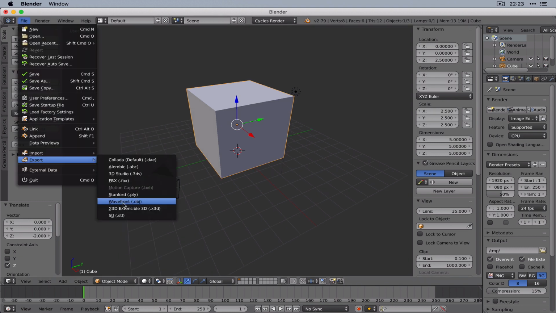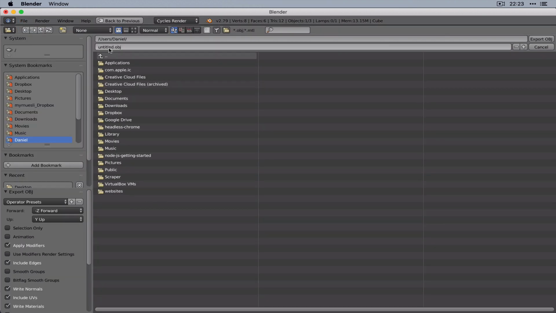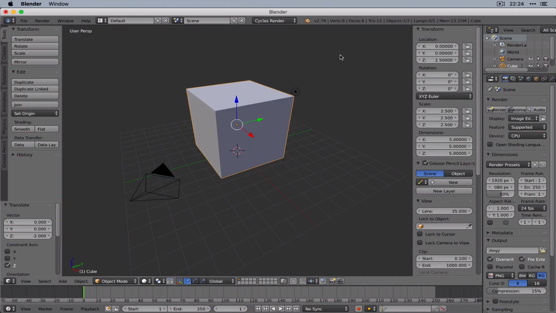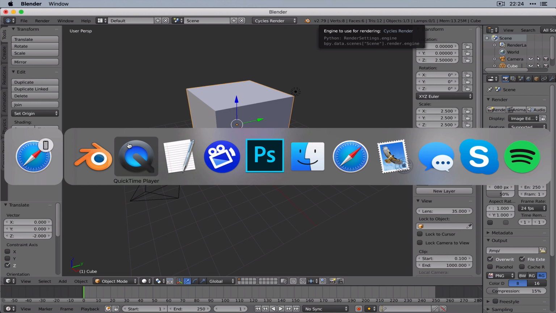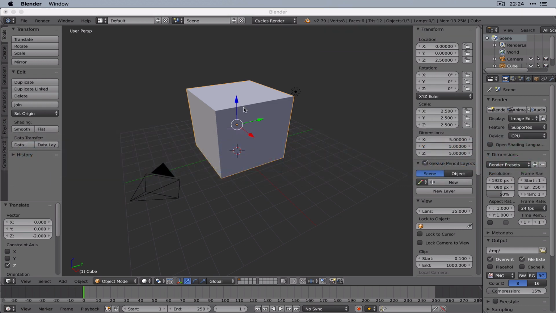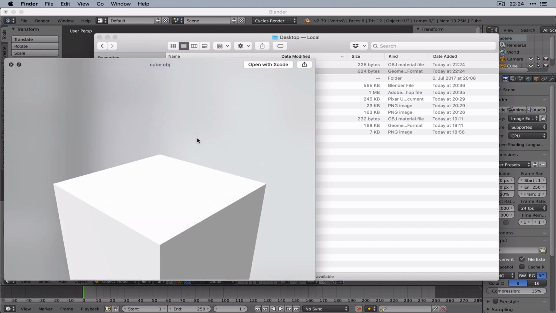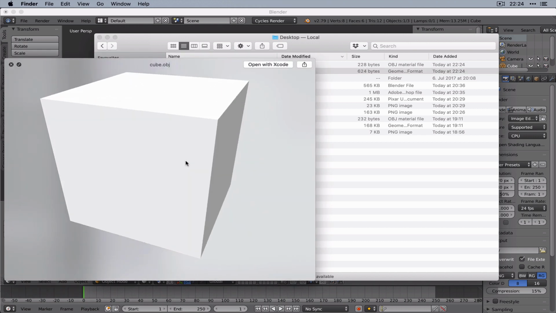We could export this as an object, let's say we're exporting it to the desktop, call it cube, export, and then we would have this object file, which can actually already be previewed on your computer,